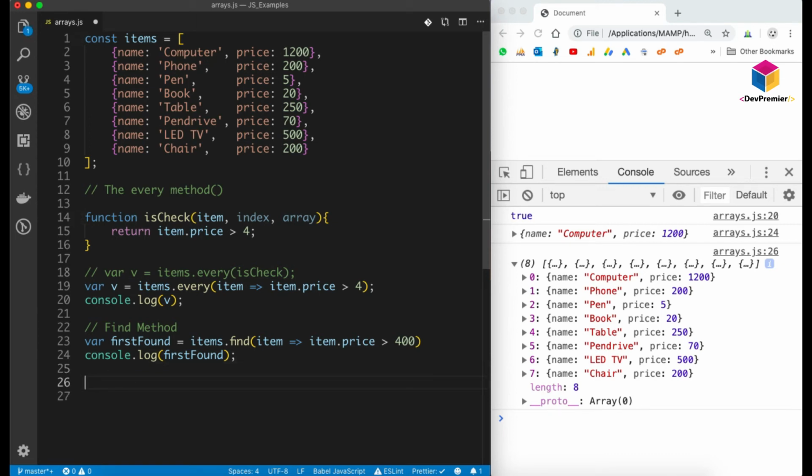The next method is findIndex. This method returns the index of the first element found in the array which will pass the test. So this is approximately the same.